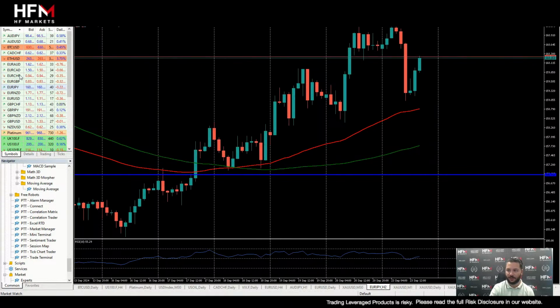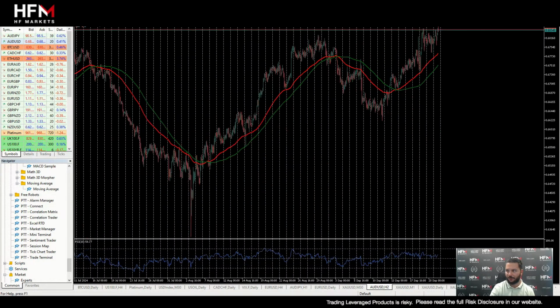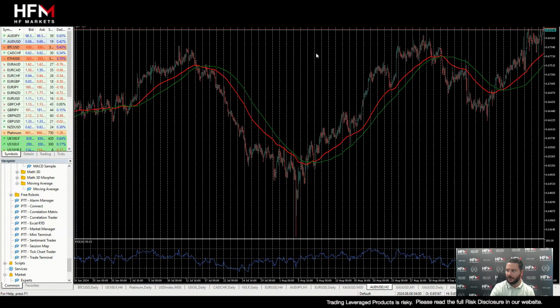So let's go to, for example, the US dollar against the New Zealand dollar, or we can do the Australian dollar against the US dollar here. We can see we've started to see more volatility. Now, if we're looking at the New Zealand dollar against the Australian dollar, let's zoom out like so. We can see we're above the previous high, above the resistance point here.